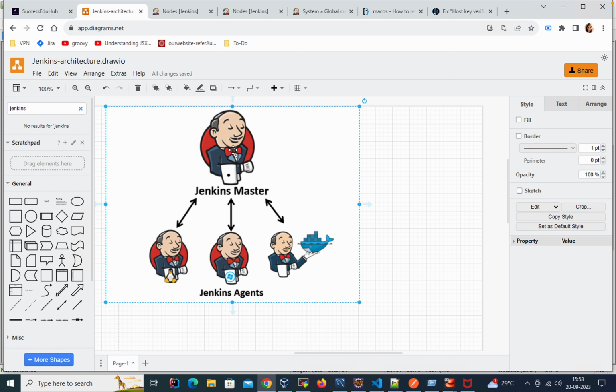We can run our jobs directly on the Jenkins controller, but the main reason is security and performance. It balances the work. The master cannot handle all the jobs or all the builds at a time, so it distributes the builds or the jobs among the agent nodes. From a performance perspective and a security perspective, agent nodes are important. It's better to use an agent to perform any task, and not to do any build directly on your Jenkins